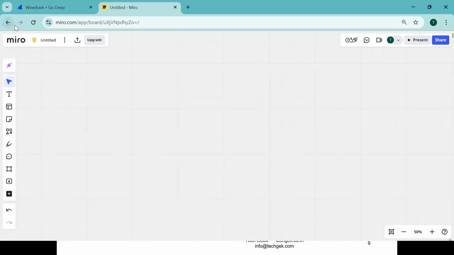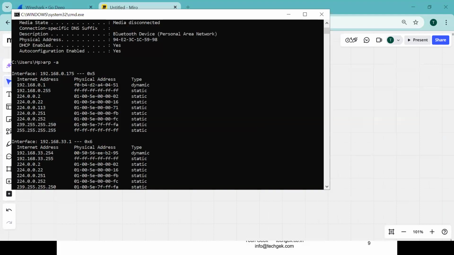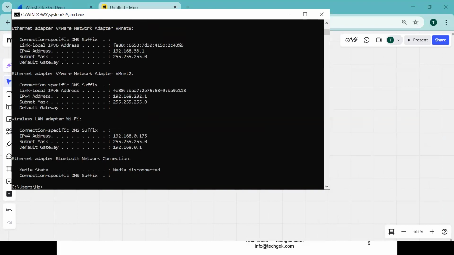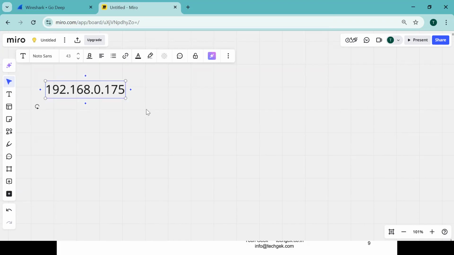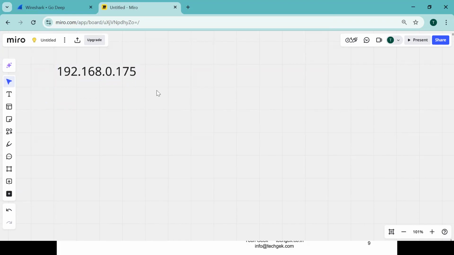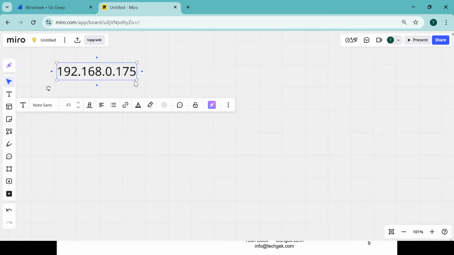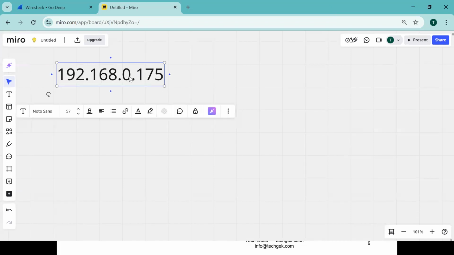So here we see that, guys, whenever we have an IP address, for example, let me take an IP address of my computer here. Let's say that it can be 192.168.232.1, or anything. Let me take this as one of the IP addresses. Now I'm getting one IP address here, 192.168.0.175. This is an IP address, right? So any IP address is divided into four octets: octet 1, octet 2, octet 3, octet 4.